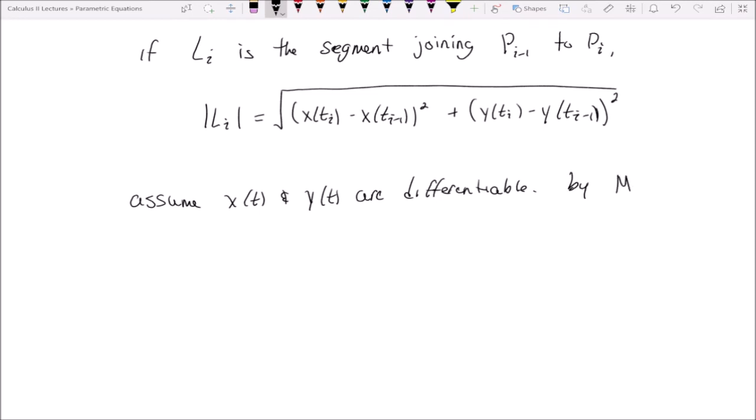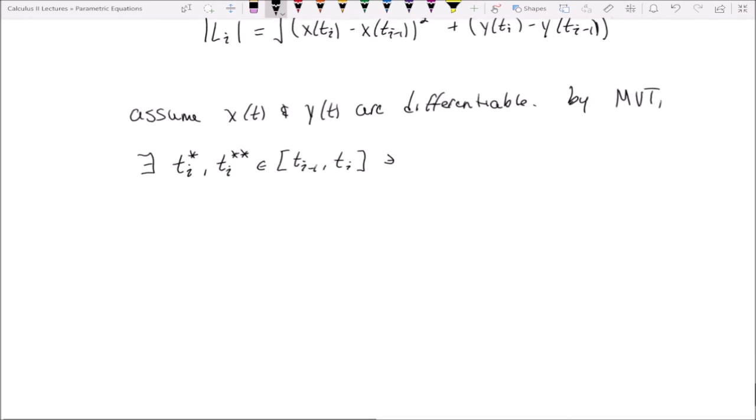Then by the mean value theorem, there exist two values, t_i star and t_i double star, both located in the interval t_{i-1} to t_i, such that x of t_i minus x of t_{i-1} is equal to x prime of t_i star